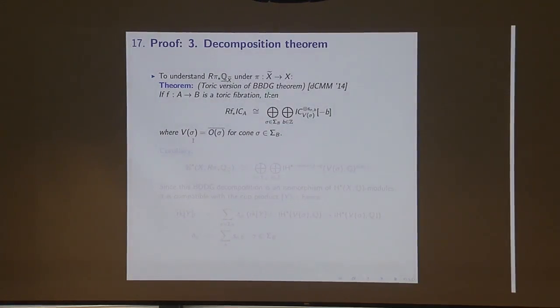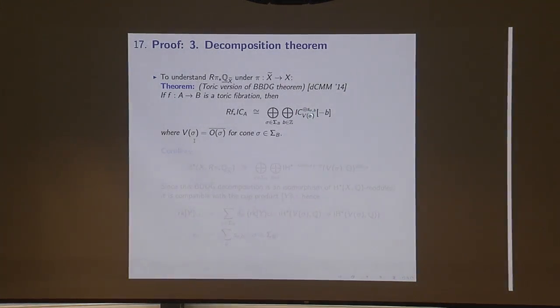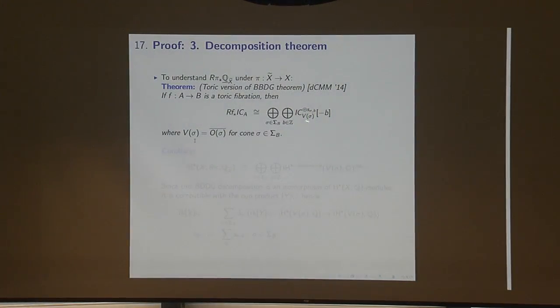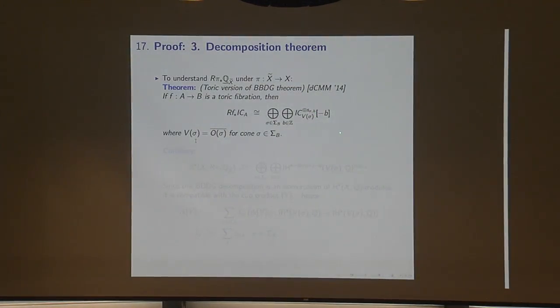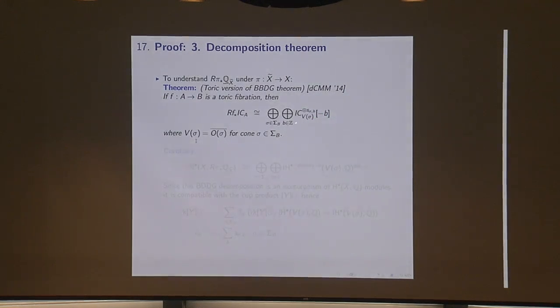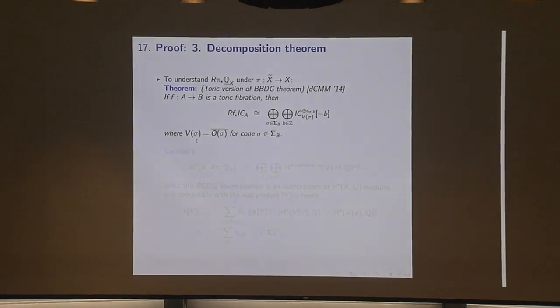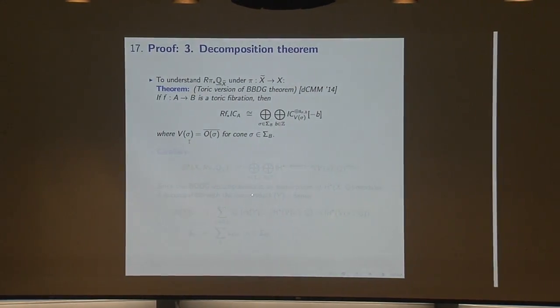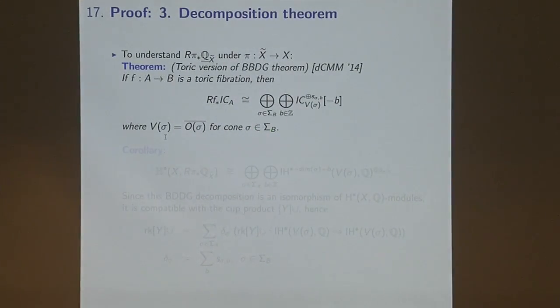Okay? All right, without going into too much detail, the upshot here is that this is a direct sum of intersection complexes of lower dimensional varieties with some multiplicity, which I call S, and with some dimension shift given by an integer. Okay? These lower dimensional varieties are nothing but closures of the T orbits of the toric variety B. These T orbits are parameterized by cones of the fan of the variety, sigma B.